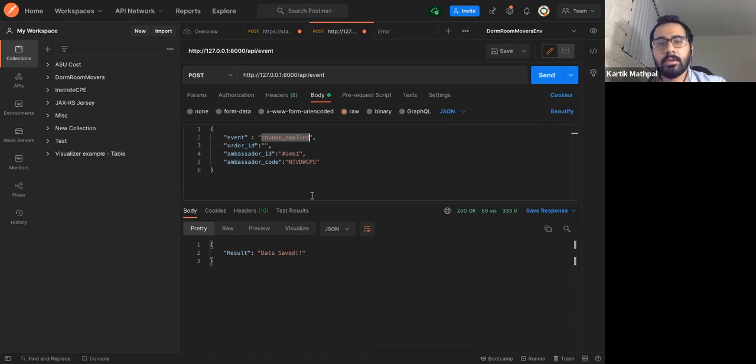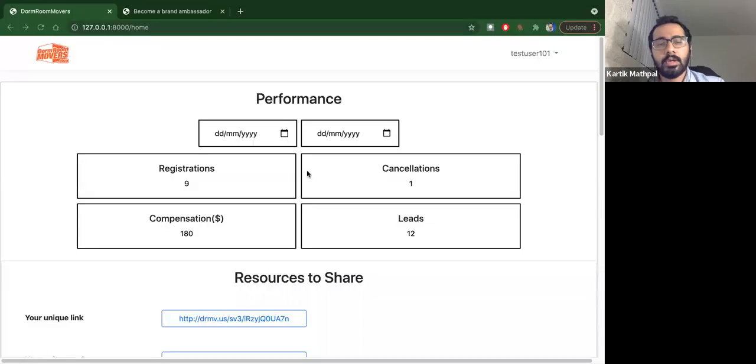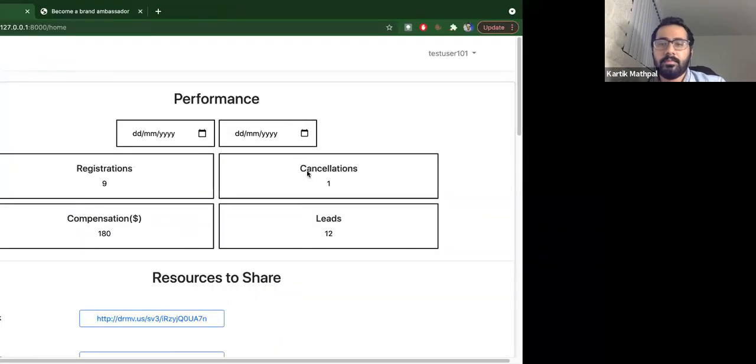The events are namely coupon applied, which translates to the leads, order registered, and order cancelled. Whenever we receive a hit based on this event, we capture the values at our end in the database, and the respective value is shown on both the ambassador's as well as the admin's web page.